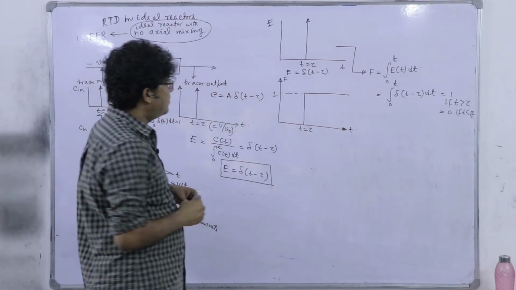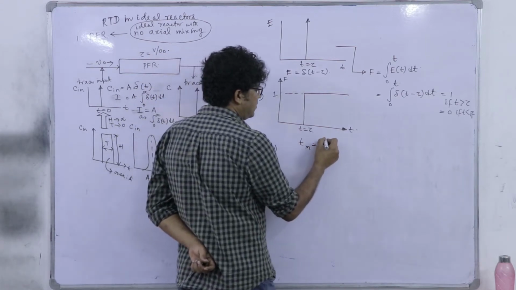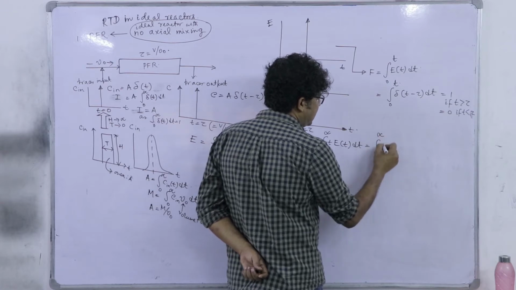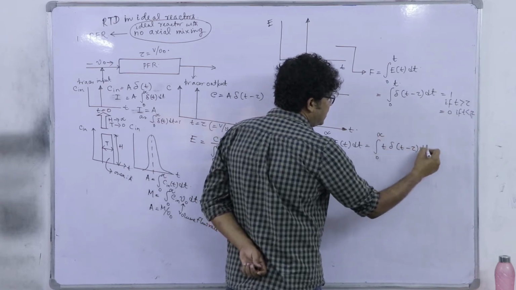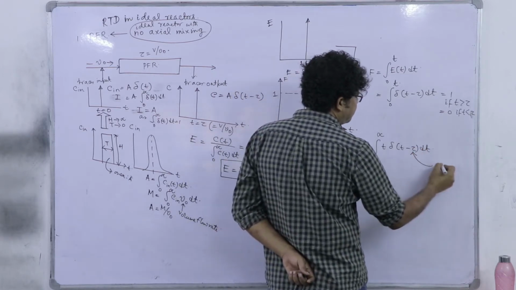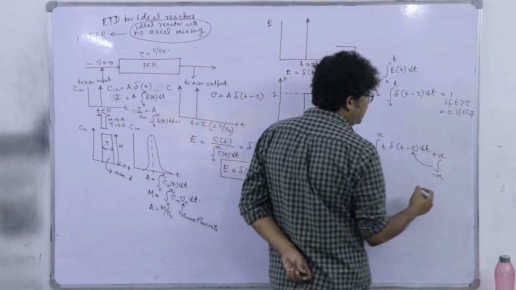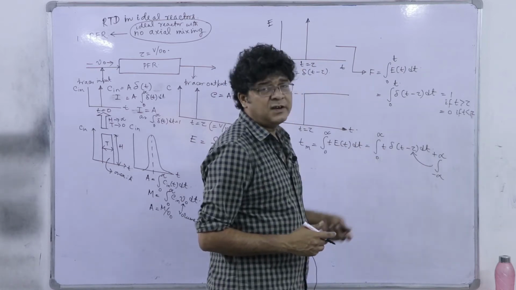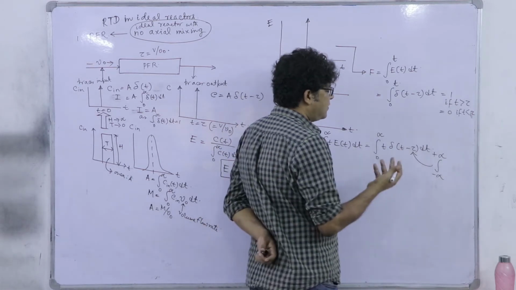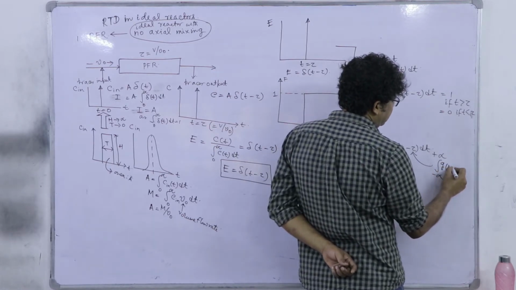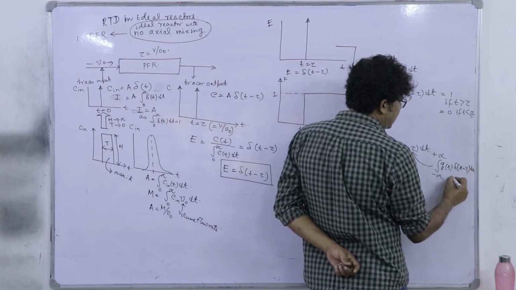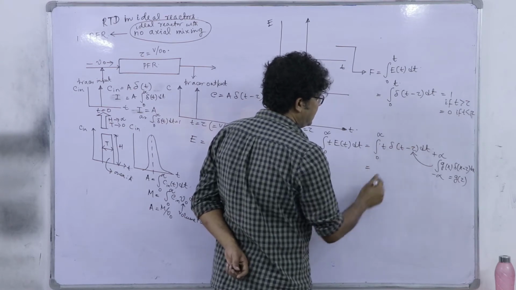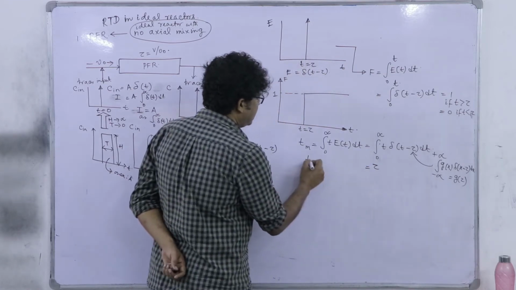And what will be the mean residence time? We know from our previous discussion that the mean residence time Tm is the integral from 0 to infinity of t into E(t) dt, and that is equal to the integral from 0 to infinity of t into delta of t minus tau dt. There is a property of the delta function, actually a general limit, that minus infinity to plus infinity, and here minus infinity to 0 has no specific significance because t is time, of g(x) into delta of x minus tau dx is equal to g(tau). Here g(t) is equal to t and we have delta of t minus tau, so it will be equal to tau. So Tm equals tau,